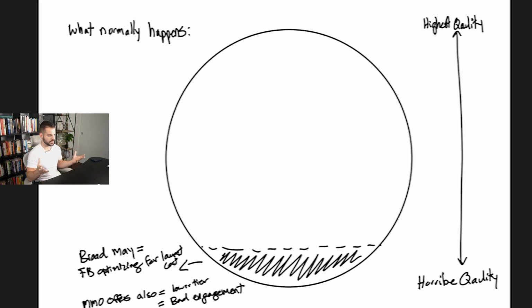What normally happens if you go broad, and Make Money Online offers are a great example of this, but also if you just help anybody with weight loss or anybody with trauma coaching, B2C broad, is that Facebook is trying to optimize for the lowest cost per conversion for you. That's what it's for: lowest cost per lead, lowest cost per booked call. That's what you told it to do. Well, since you can basically target anybody who's interested in the problem, you optimize down to the lowest